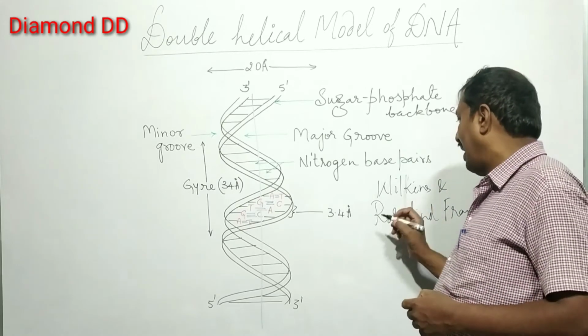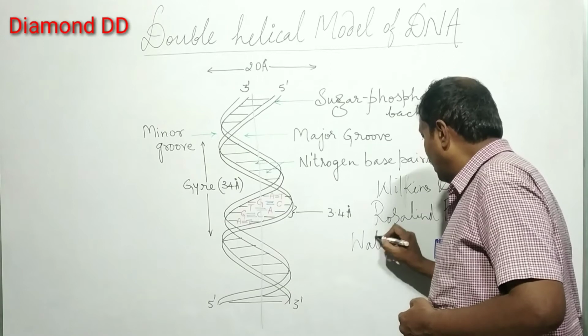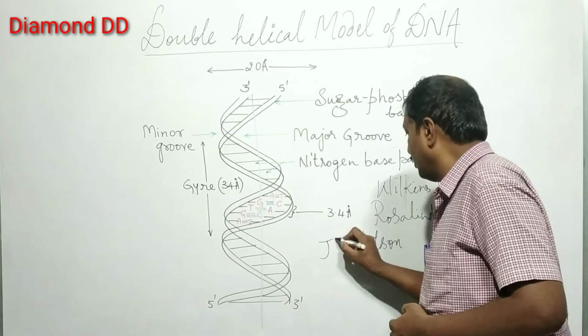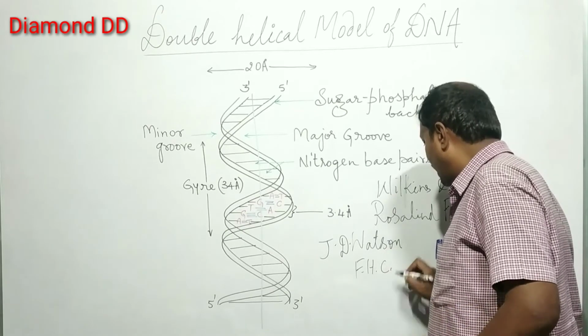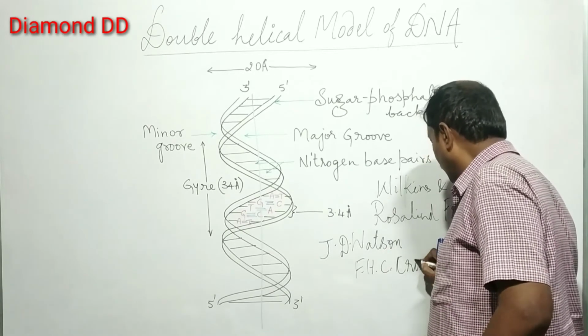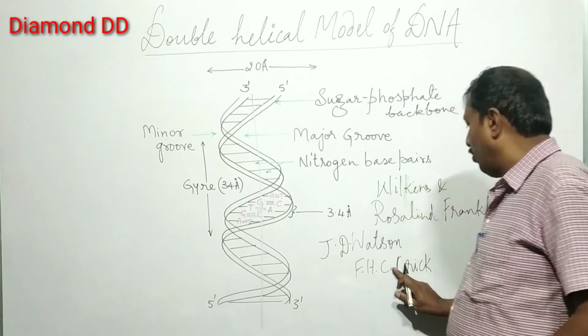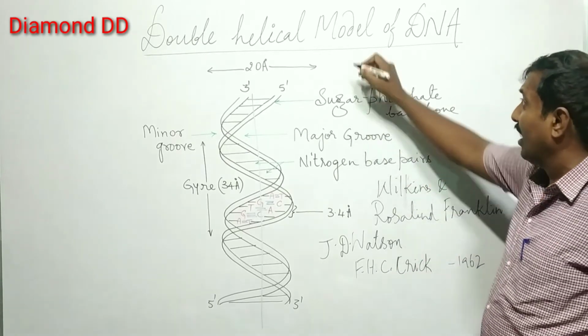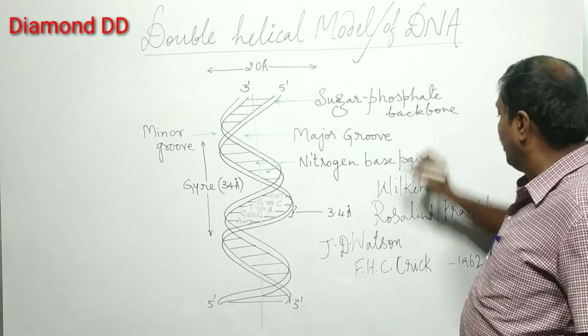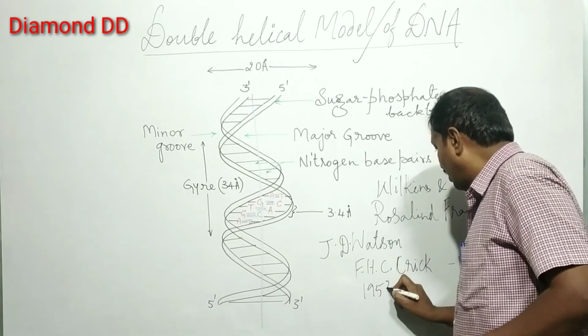It was followed by James D. Watson and Frederick H.C. Crick, who were awarded the Nobel Prize in 1962 for the discovery of the double helical model of DNA in the year 1953,